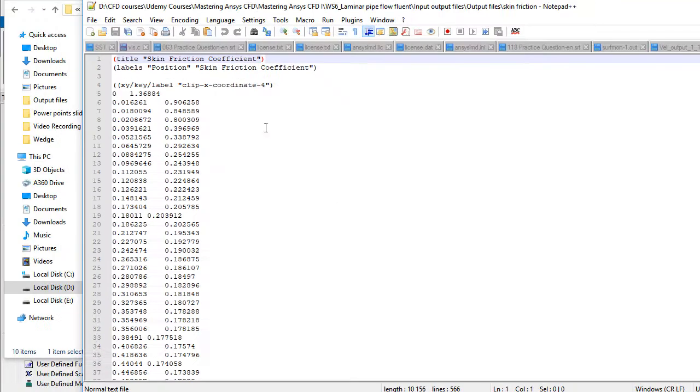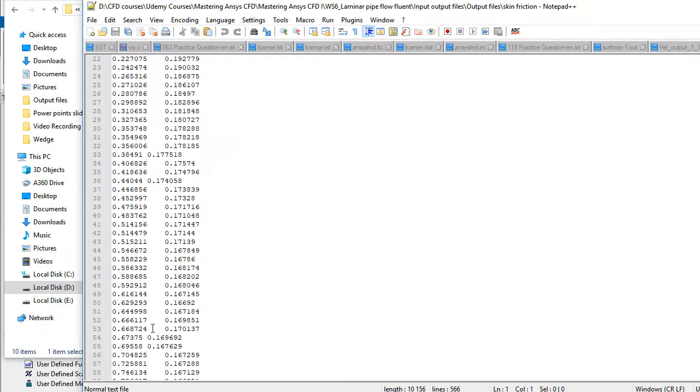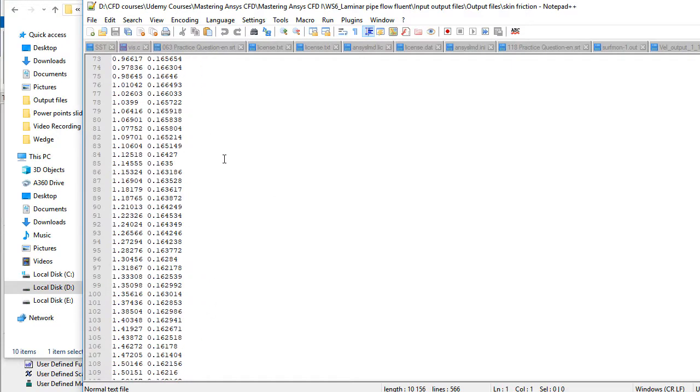So from here you can see that after some distance, when the flow is fully developed, maybe after 2 or 3 meters, the value of the skin friction coefficient is almost constant, and at the end of the pipe the value is changing because of the tetra mesh.